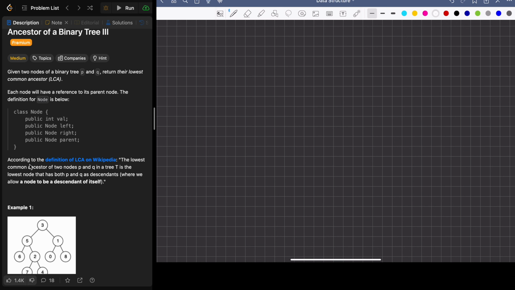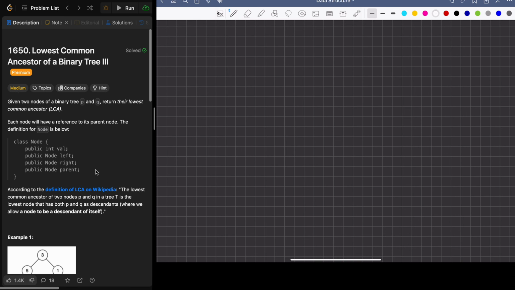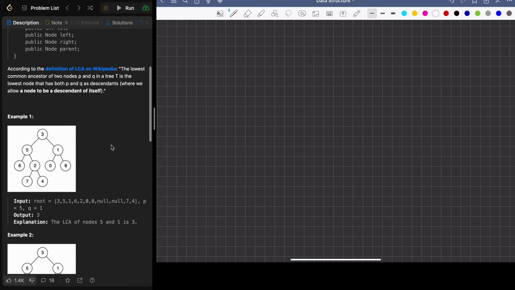First of all, what is the lowest common ancestor? It means the common ancestor of the two nodes P and Q in a tree. For example, here we have the tree that looks like 3, 5, 1, 6, 2, 0, 8, and then 7 and 4. Now, if we want the nodes P equals 2, 5, and also 1, the lowest common ancestor